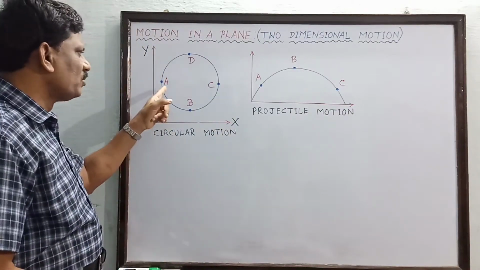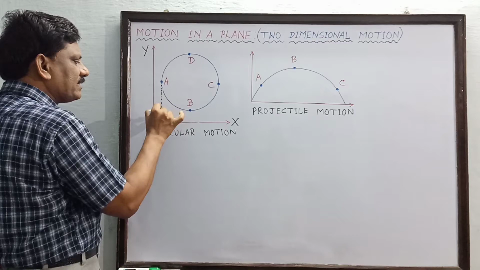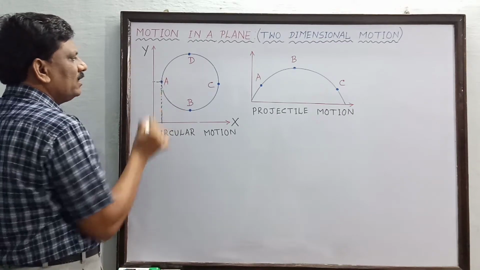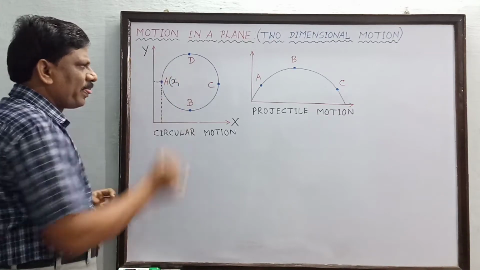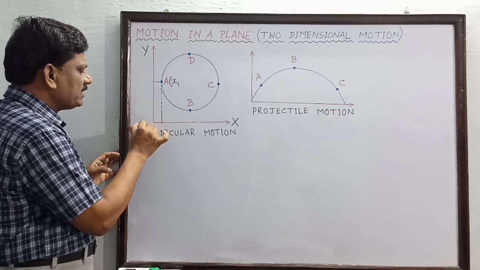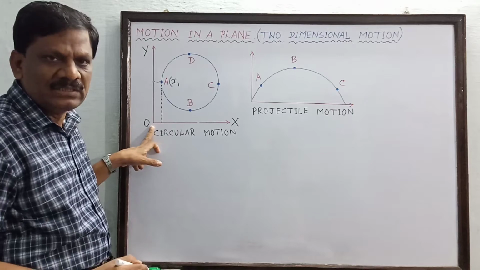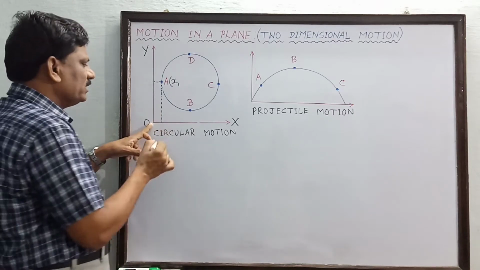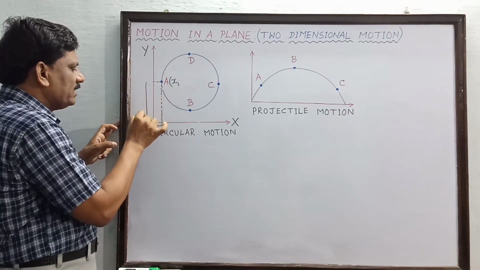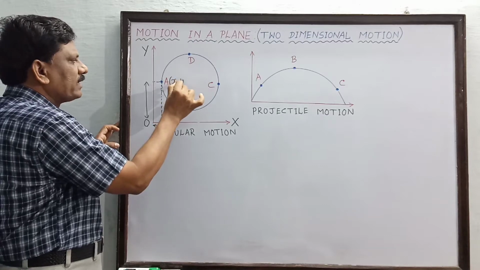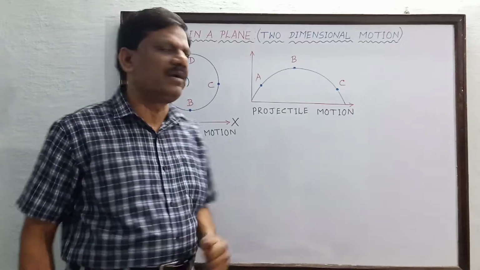Okay, now you look at the position A. So I project the position of the particle on the x-axis and on the y-axis. So I say that x1 is the position along the x-axis with reference to some origin. Say this is the origin, the reference point. This reference point O is called the origin. So with respect to the origin, this distance is x1, and the vertical distance is y1. So x1 and y1 are the coordinates of the position A of the particle.